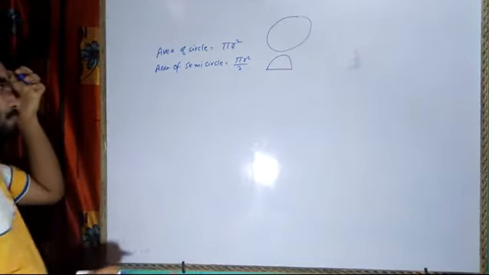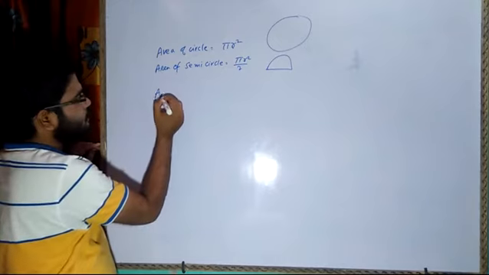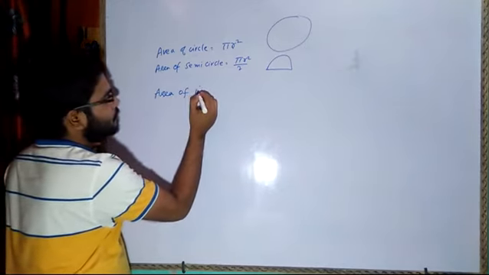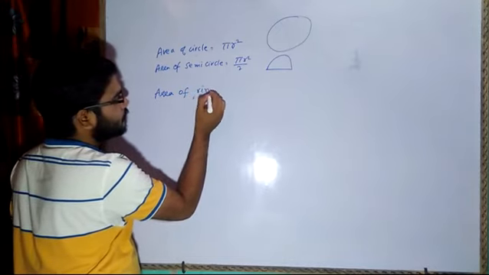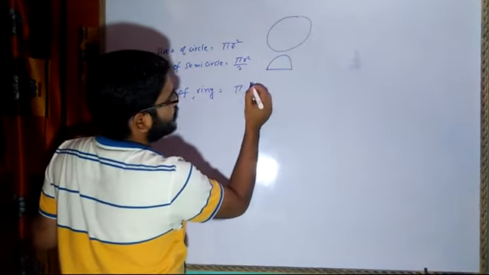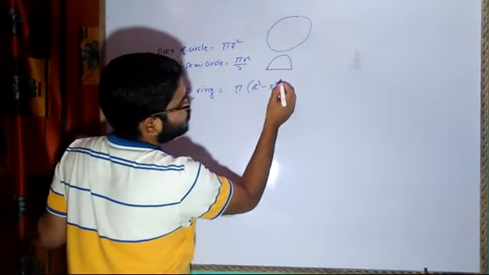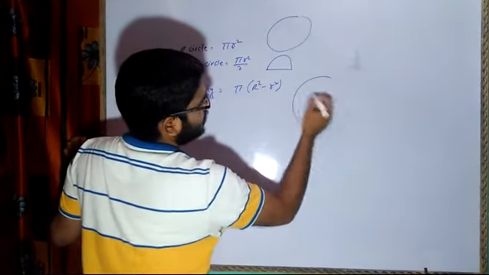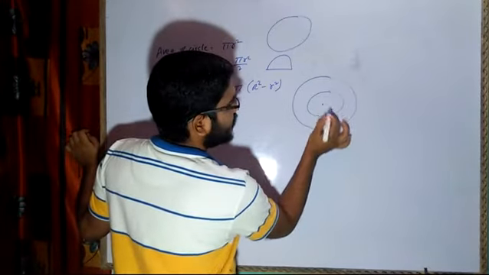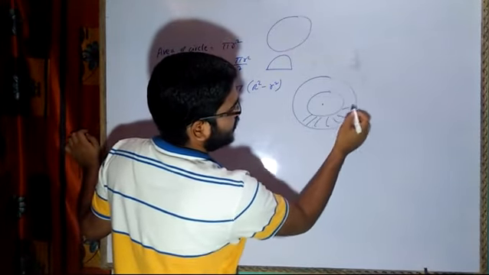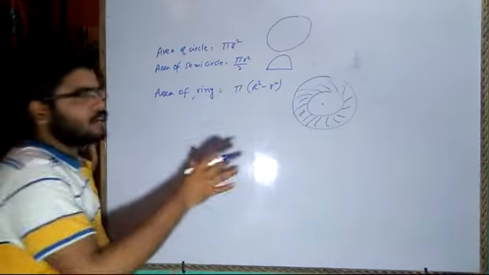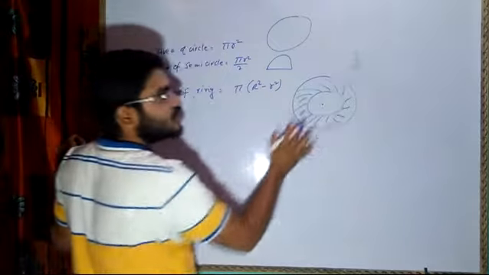Second, we are having area of ring is equal to, what is a ring actually? Okay, first let me write pi r square minus of small r square. What is a ring? A circle within a circle, that means a concentric circle having same center, and this portion area, this is what we have to find out, the area of this portion. This is a ring. It is a plane figure. It is not a solid figure. It is a plane figure.